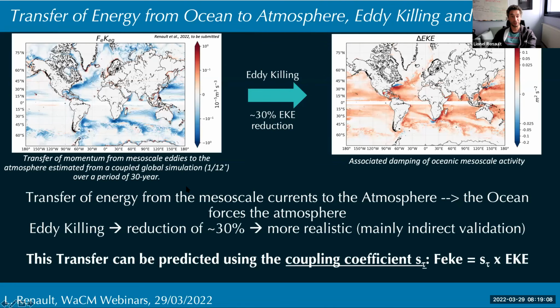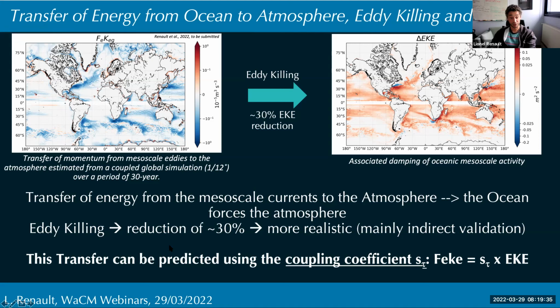And we have the same process everywhere, actually, over the world ocean. So this is the sink of energy I showed you before. It induces an eddy killing everywhere, especially over western boundary currents. So be careful, here it is a logarithmic scale. Actually, that blue here is very weak, and it's due to a change of the path of the western boundary currents. I will show you after. And same here for the Agulhas Current. So basically there is a 30% reduction of the mesoscale activity.